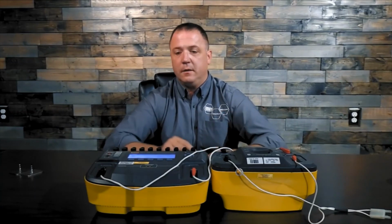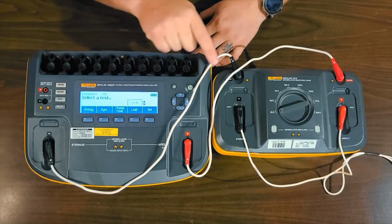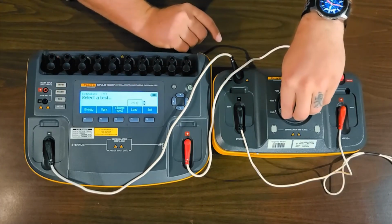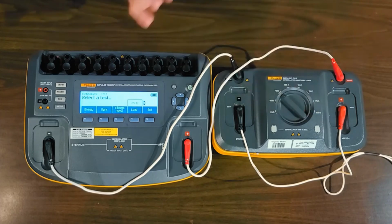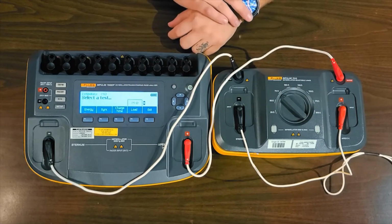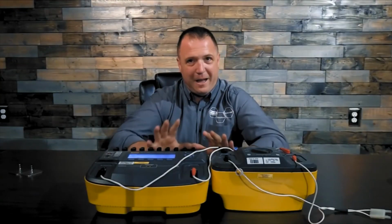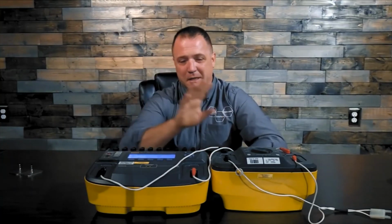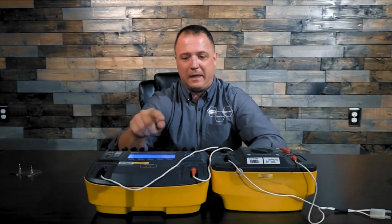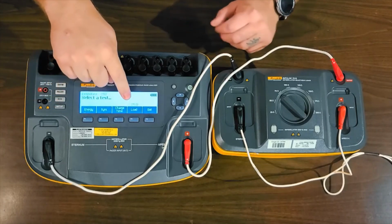Once they're completed, we simply go back, load. We already did 50, so we'd probably go to 75 next. But again, please reference that service manual. 75 ohms here, energy, and we do our discharge tests. That's something to mention, because it's going to happen. If you're getting busy or whatever and you make the mistake and you have, let's go hit back here, 75 ohms here,